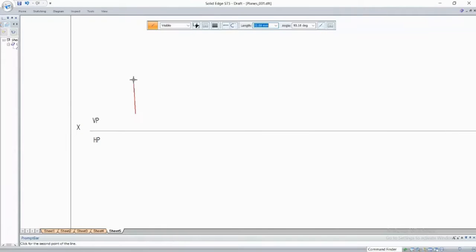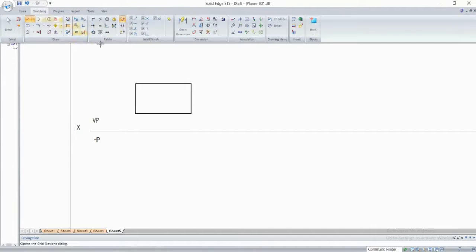First, I'll draw a vertical line here of 20 mm. Then I'll draw a horizontal line of 35 mm. Enter. And I place it here. Then 20 again here. And I'll place it here. Then I'll complete the rectangle. Once you complete your rectangle, next step is to show the dimensions of the rectangle.